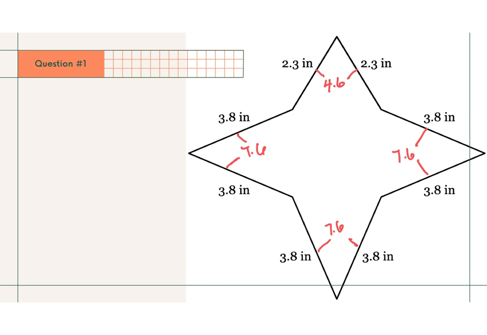I'm just going to combine some stuff, make it a little easier on me. So perimeter, we usually denote that with a big P. So we're going to start off with 4.6 plus 7.6 plus 7.6 plus 7.6, which gives me a total of